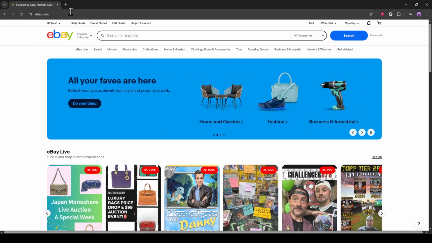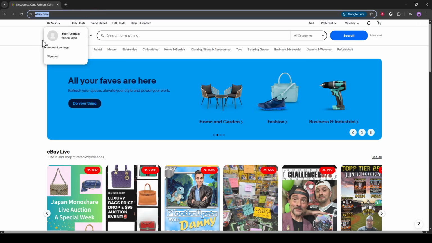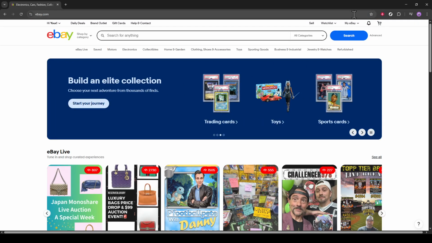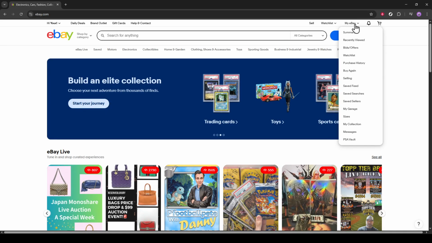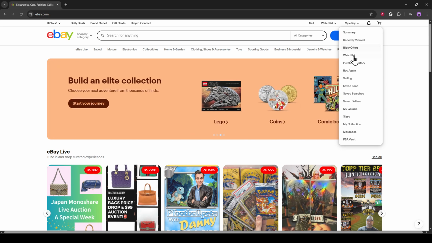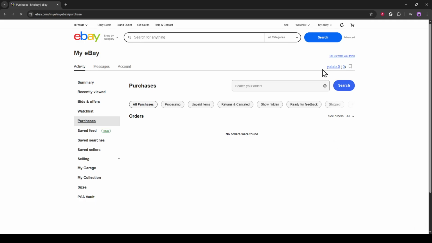Once the site loads, you'll want to direct your attention to the My eBay section. This can usually be found in the top corner of the screen once you've logged in, so make sure you're signed into your account. From there, look for the option labeled Purchase History. Clicking here will provide you with a detailed list of all your past purchases and transactions, which is useful contextually as it shows your shopping history and could remind you of the transactions you need to maintain or set up